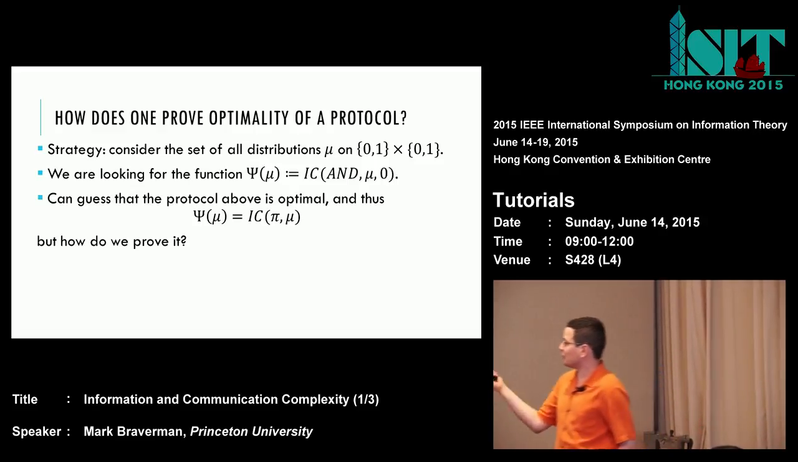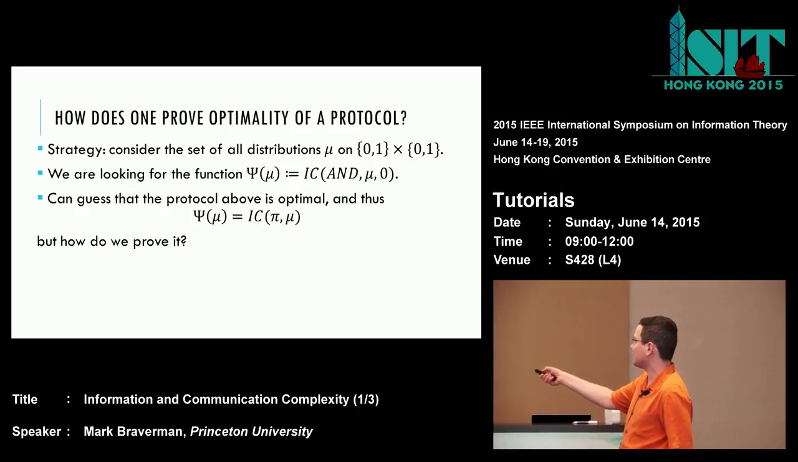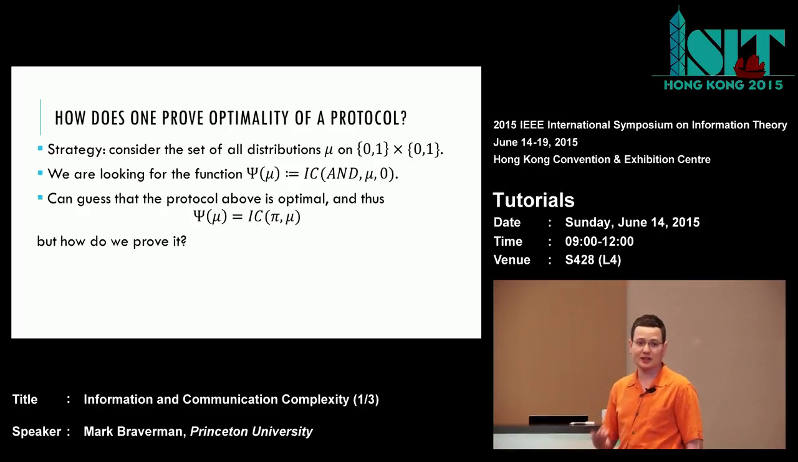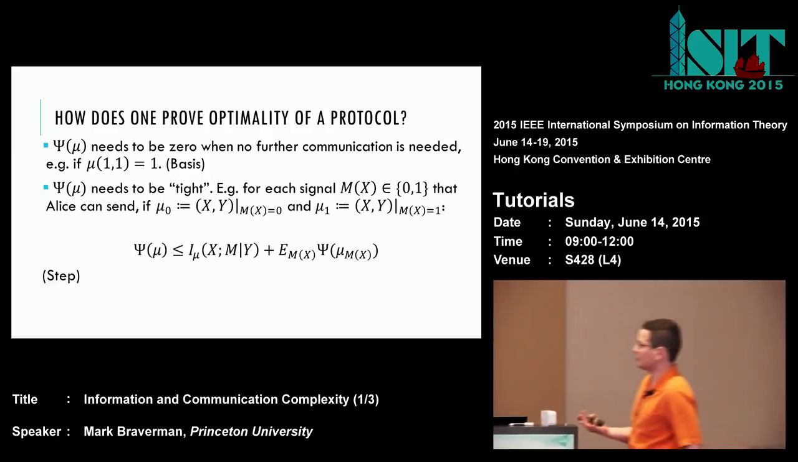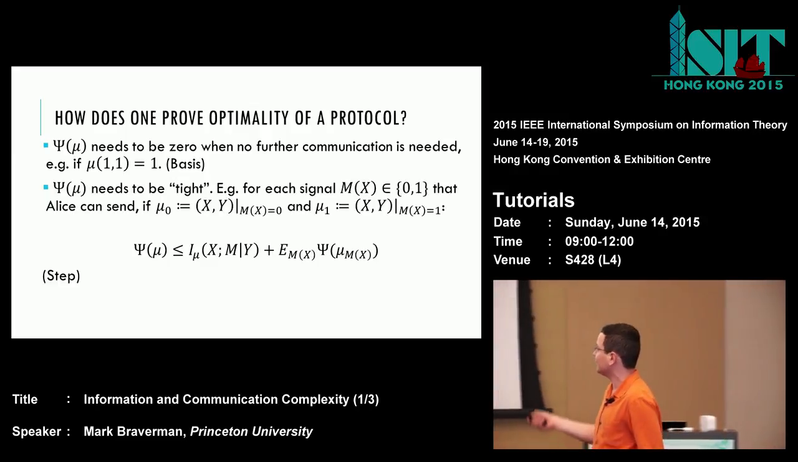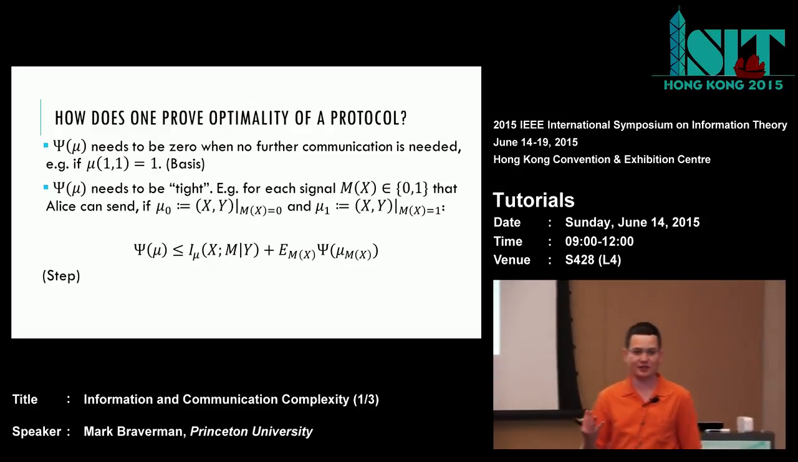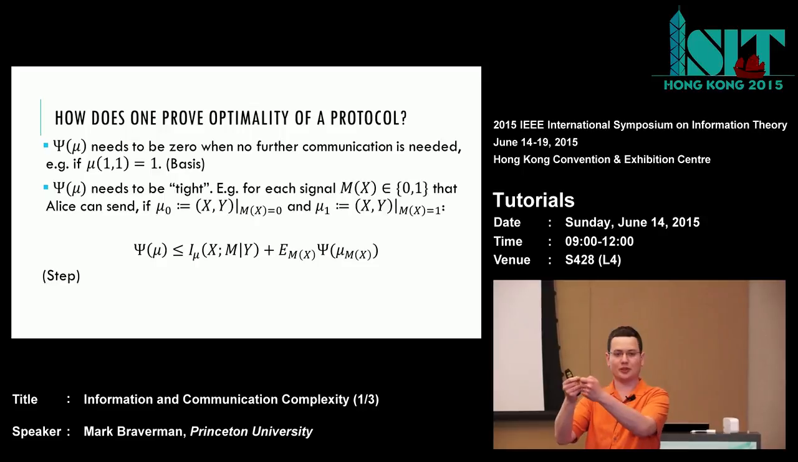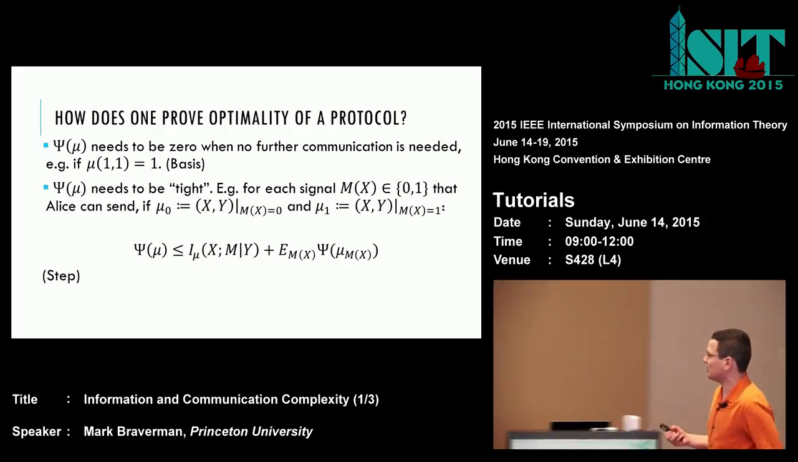So how do you prove that this protocol is optimal? Well, let's denote by psi the information cost of this protocol. So we guessed what the information cost is. How do we prove that it is the right cost? Essentially, it's an inductive proof. So we need to verify two things. First, that this function is 0 when no further communication is needed. For example, when we are sure that both parties have a 1, the remaining information cost is 0. And the second condition is